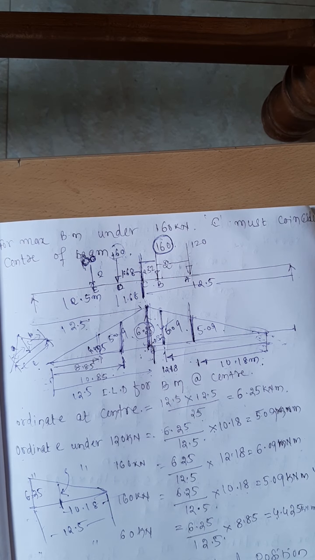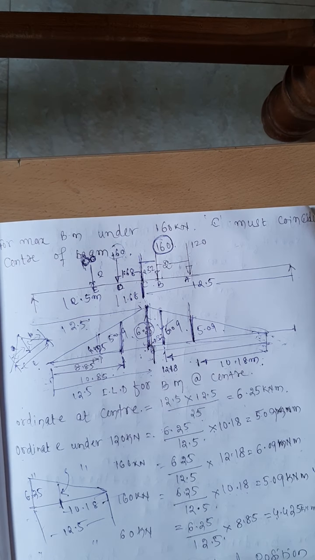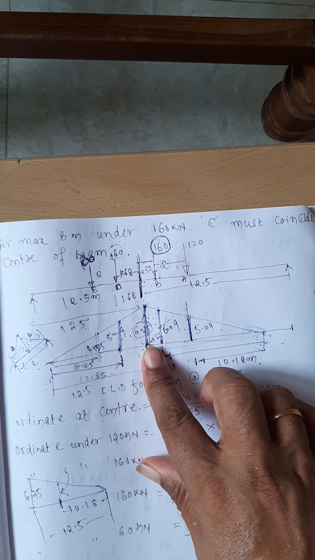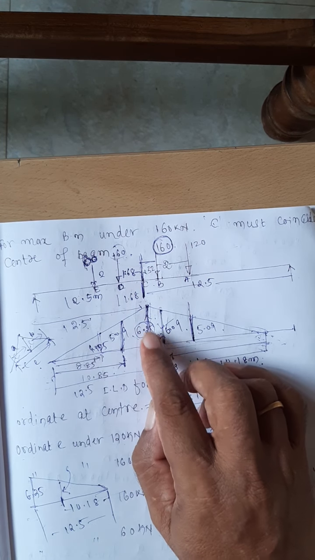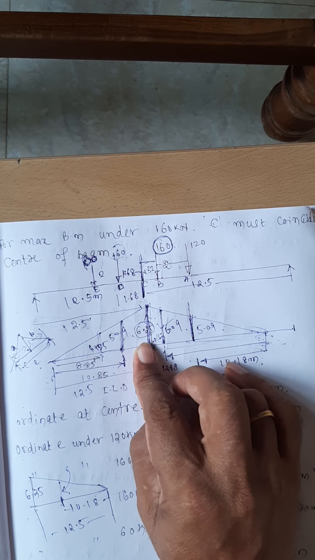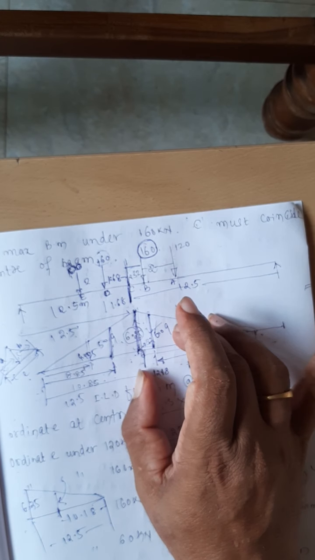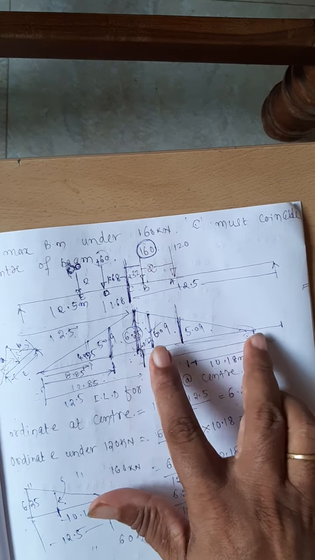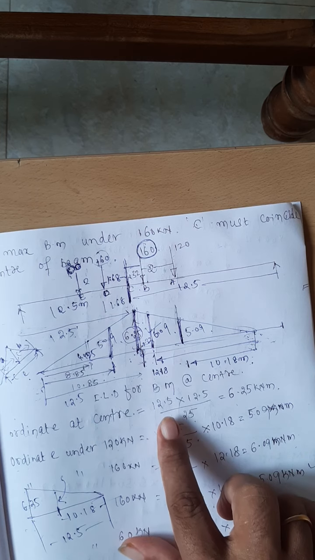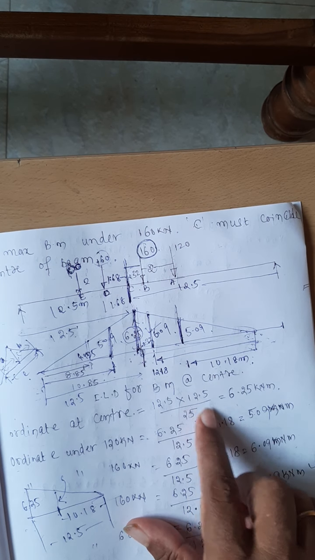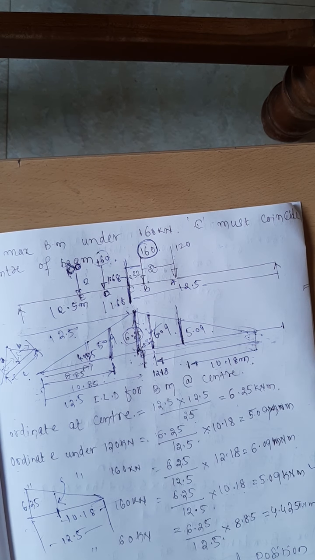Next, as we are interested in the bending moment at the center, because of all these loads, which is maximum at the center, I need to calculate first the influence line diagram for bending moment at the center. In general, at any point A from one of the supports it is given by A into B divided by L. Here A is equal to L by 2, B is equal to L by 2. Therefore, the maximum bending moment ordinate at the center is equal to L by 2 into L by 2 divided by L, which is 25 divided by L. That comes out to be 6.25.